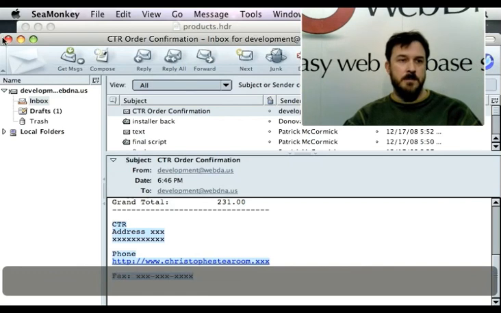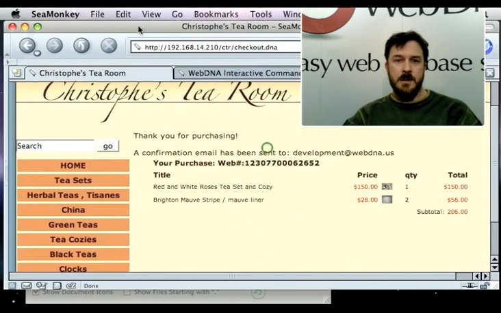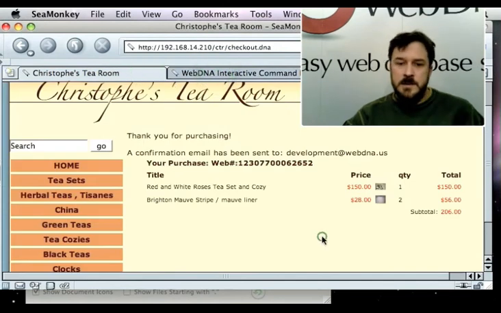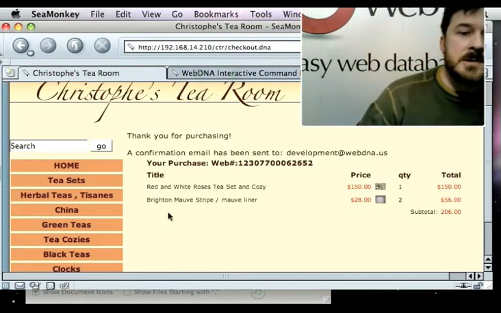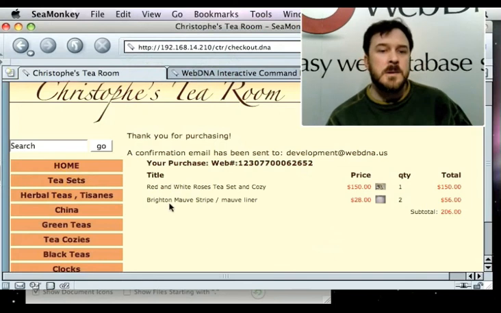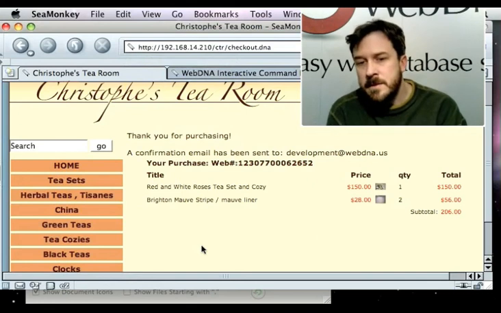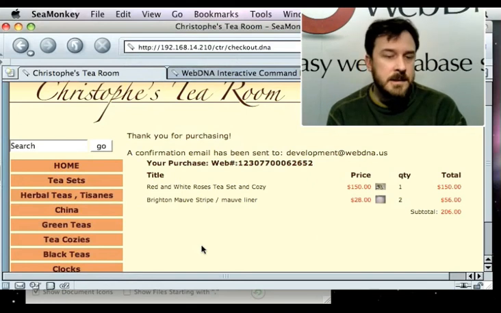So I think that's good enough for now, and in the next segment, that's your basic store right there. You have the ability to search through a list of products, and you have the ability to purchase them. From here, it's just all about creating the niceties, like